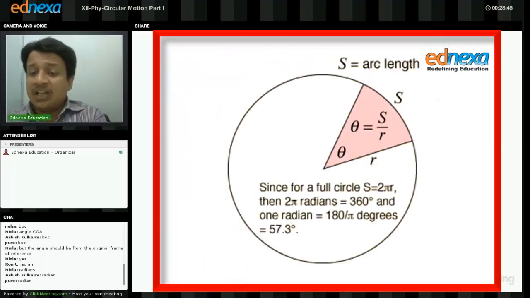So angle theta equal to S upon R. So S equal to R theta. But now for a full circle, S is nothing but the circumference. Is it right? So it will become 2 pi R. So for a full circle, 2 pi R, the R will get cancelled, theta equal to 2 pi. So all these things are well known to you. Next concept,